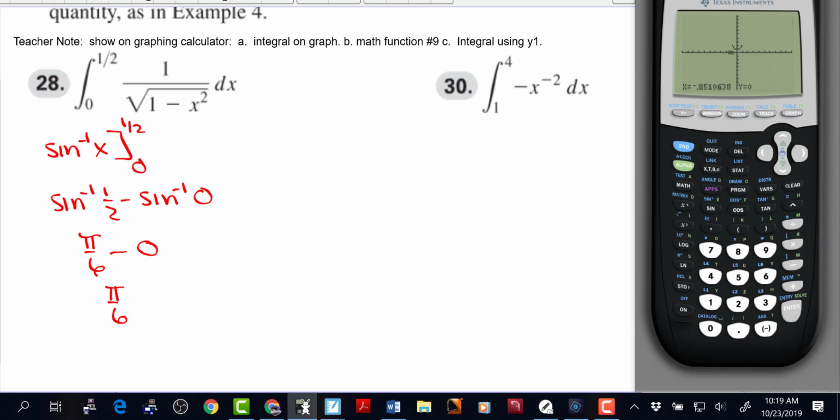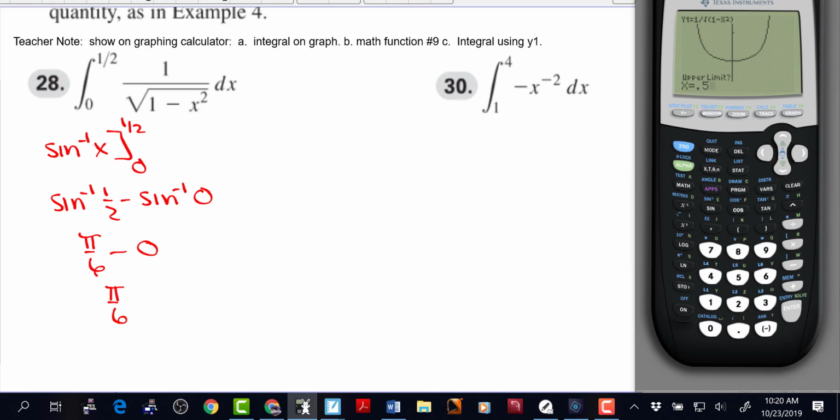So you get the corners. You can just do the zoom in if you want. And we see the graph a little better. And we're integrating from 0 to 1/2. So if you go to calculate, just like you can calculate values and zeros and mins and maxes and intersections, you can calculate values of derivative and values of integral. So if I go down to number 7, or just hit 7, I'm integrating from 0, left limit, to 1/2,